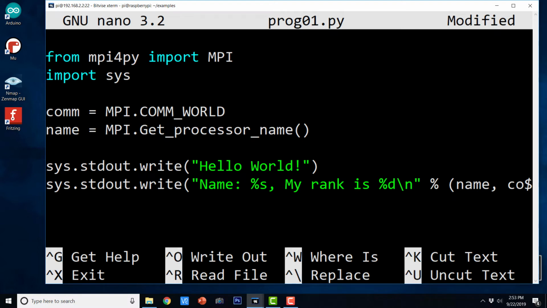Let me explain the program. We are going to run this program with mpirun, with the number of processes mentioned in the command line option -np. This program will be executed on all the nodes of the cluster that we have created.